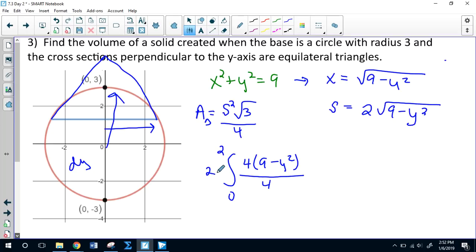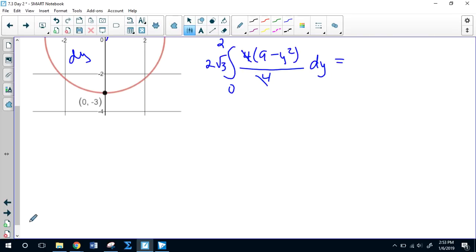And I just managed to leave out my root 3, so let me put that here. I was going to put it over here, but that seems silly. I'm just going to stick it out front right now. Okay, so now I'm integrating this. I'm going to cancel the 4's. 2 root 3 times, now I've got 9y minus y cubed over 3 from 0 to 2